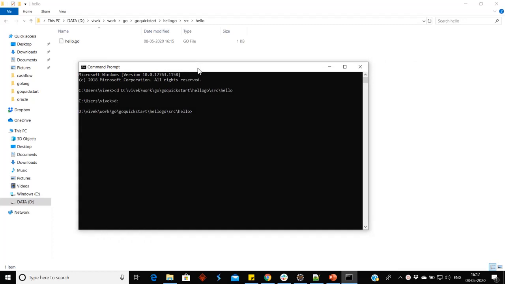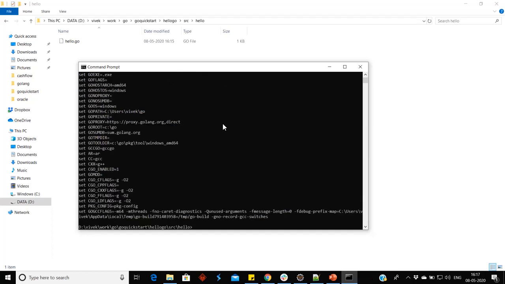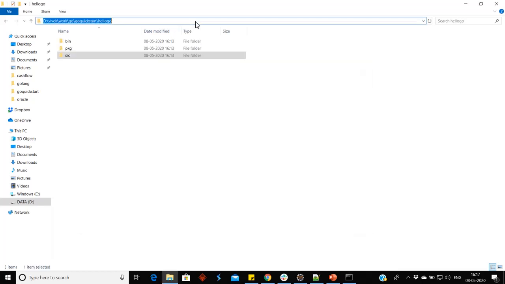Now we will check whether the two environment variables GOROOT and GOPATH are correct or not. So we will type go env. It will show GOPATH is C:\Users\Vivek\go. What is GOPATH? GOPATH is the path of our project, so we will set it manually. What is GOROOT? C:\Go, which is correct. So what is the path of our project? We will copy this path